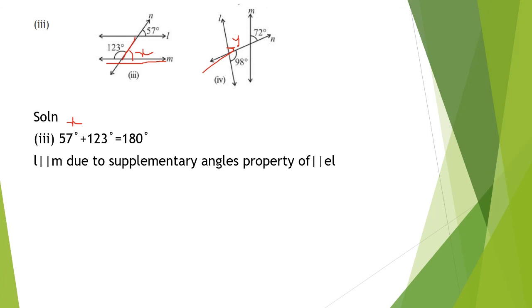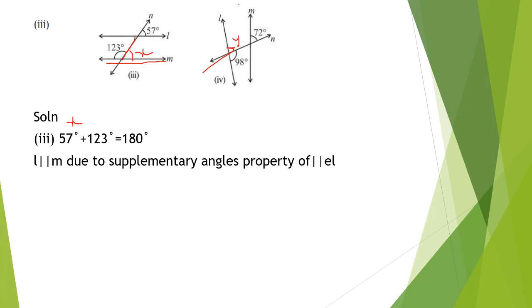Or else, like in the second problem, you have to find the value of x, and the value of x should be equal to 57. Here you will get it equal to 57 degrees. You will get the answer 57 degrees. Okay, so better go for this method, children. Very easy, right? Within one line we can complete the problem.